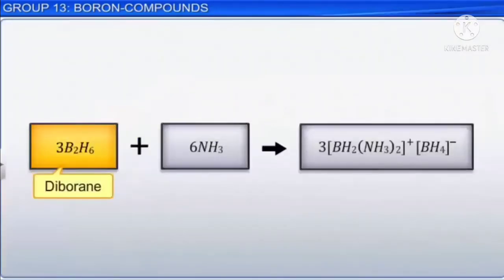Diborane can react with ammonia. Initially, the reaction of diborane with ammonia produces an adduct diammoniate of diborane. This exists in a slightly different form, as shown in the chemical equation. When this substance is heated further,